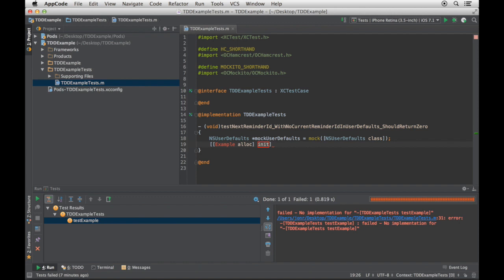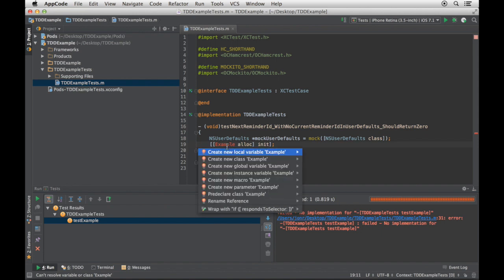So let's just continue here, and you see it shows example in red because it doesn't know what example is. If I move the cursor back here, and this is part of the magic of AppCode, you do this a lot, hit Option Enter. Option Enter, and it says, well, what is example? Well, I know that I want a new class.